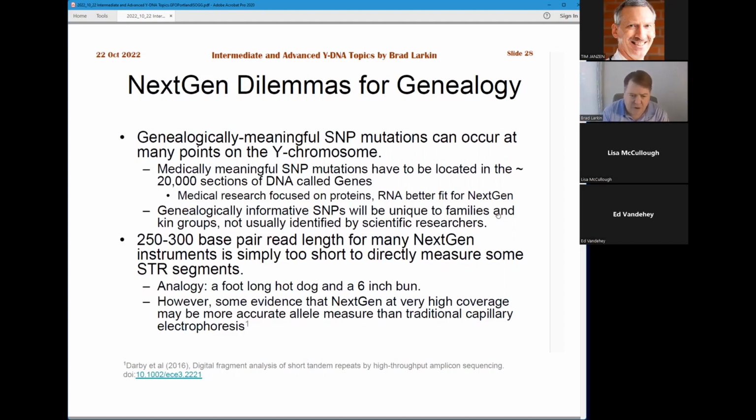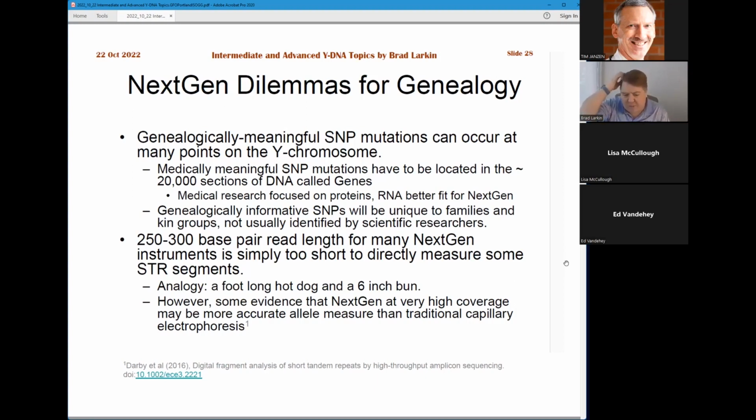Because genealogically meaningful SNP mutations can occur at many points on the Y chromosome. Now, medically meaningful SNP mutations are located on genes. So that's a much smaller set of the whole DNA. But for genetic genealogy, we're really interested in any part of the chromosome as long as it's not recombining with the X. Our search interest is a lot broader than medical for the most part,